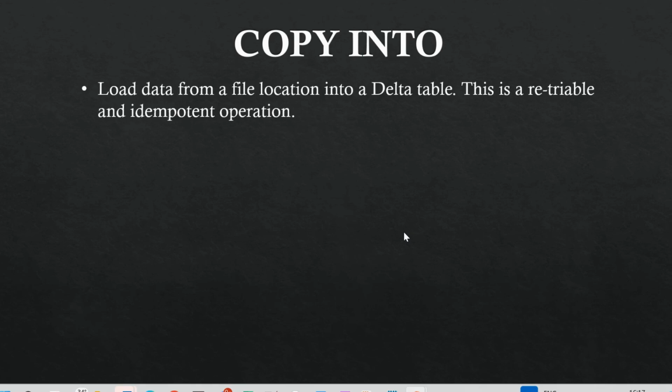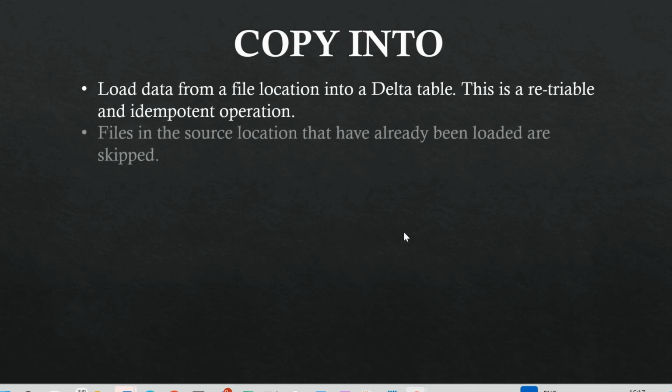So basically it loads the data from the file location itself into the Delta table. The benefit of this COPY INTO is, again, if you are retrying the process again and again, it will make sure that it will not upload the old files. It will just upload the files that have been newly added to that particular location.